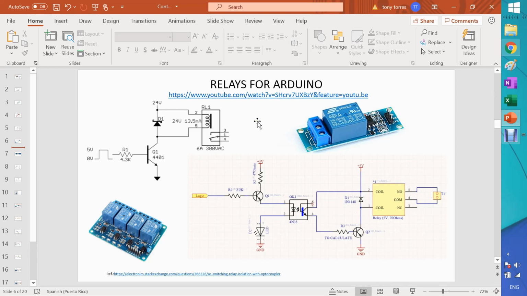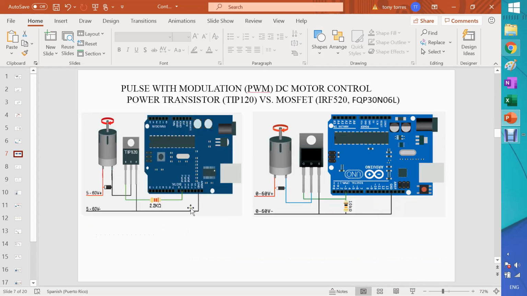And I don't want this presentation to be long. So here we are. This is the idea. What we're going to be using is either the TIP120, sorry for that, or the IRF520, which is a MOSFET. Any of those